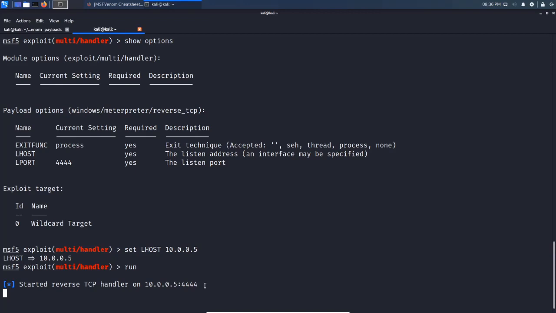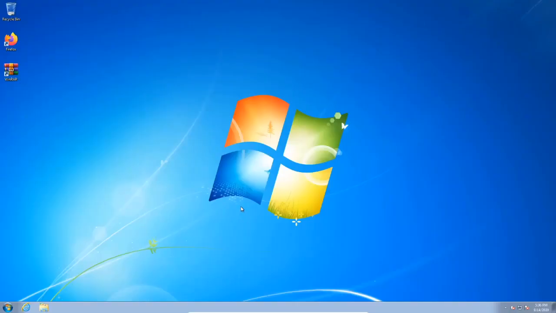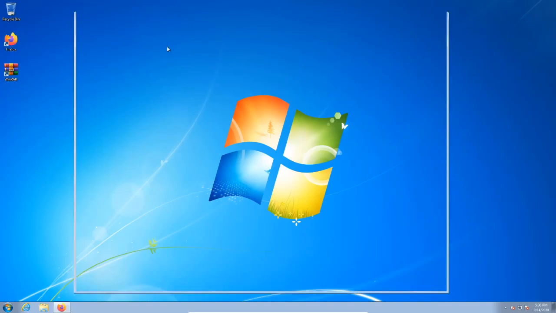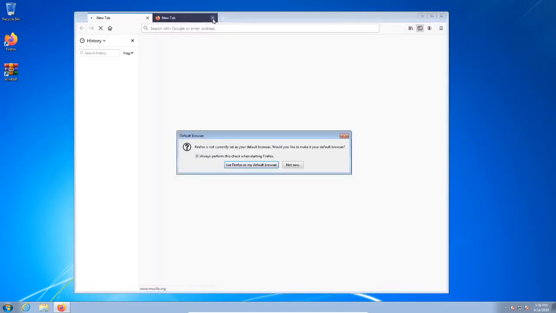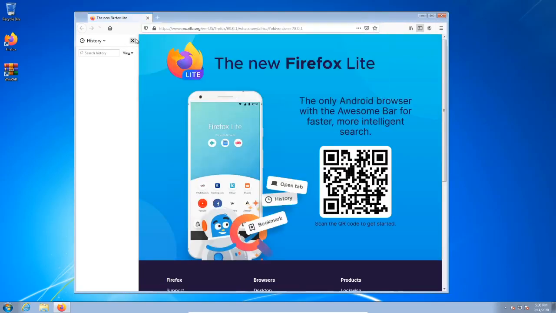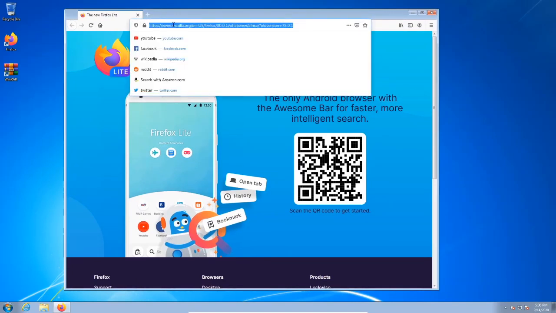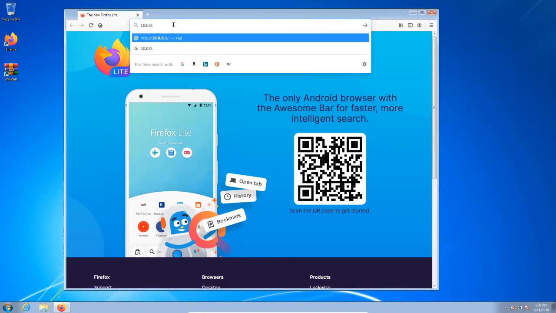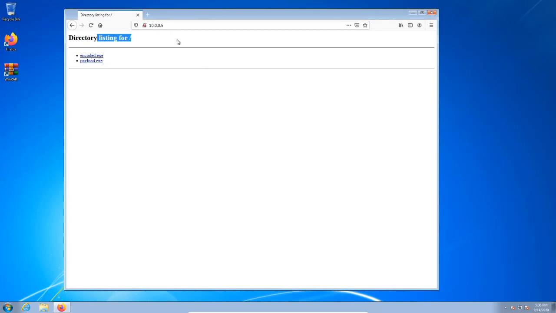So now we need to move on to the next stage, where we try and download the payloads onto the Windows 7 target and execute them, and let's see if we can get a Meterpreter session back. All right, so I'm just going to open up the Windows 7 VM, which is right over here. And again, we're going to access the web server that we created with the simple HTTP server with Python. And that is going to be serving the files from the Kali Linux IP address, which is 10.0.0.5. I hit enter. You can see the web server is set up successfully,